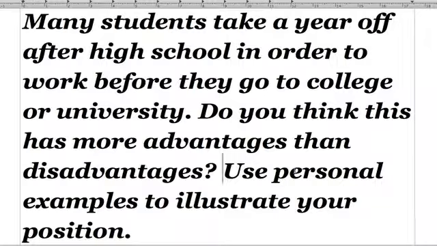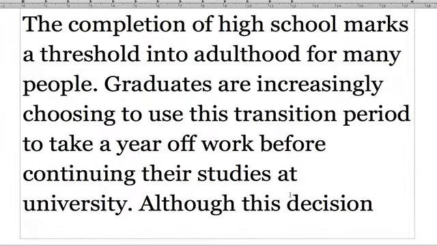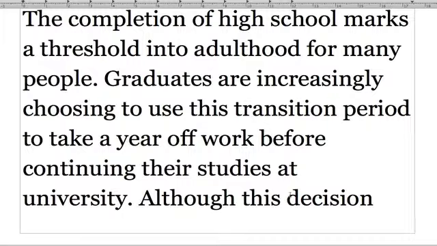So in this response, we are going to argue that there are more disadvantages to taking a year off school than advantages. To give a balanced response, we might want to offer a bit of concession towards the advantages side through the essay, which you will see in this model. What we're going to do is spend our energy to disprove that there are more advantages than disadvantages. So we will be mainly looking at the disadvantages and giving examples that prove that there are indeed more disadvantages than advantages. So you will notice that this model essay is following a straightforward argument essay structure.